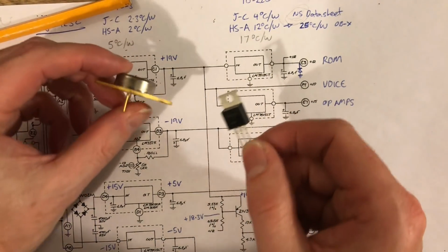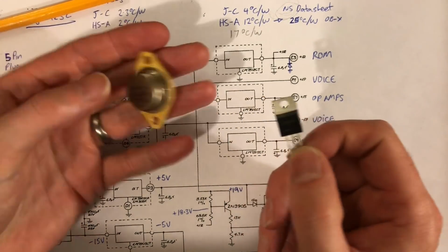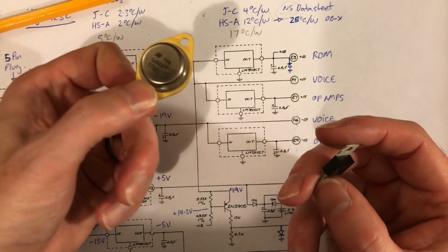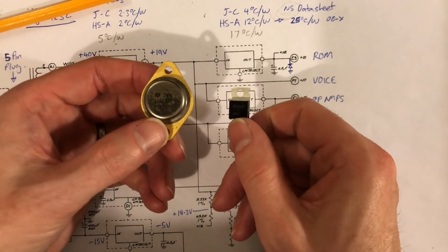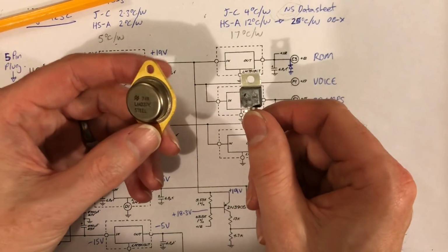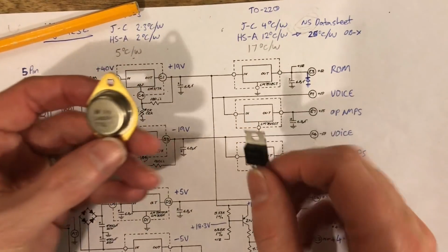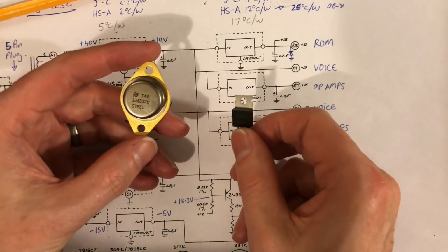Now, the heat sinks that are available to both are fairly similar. And the fact that we don't have heat sinks on the outside of instruments now means that this one has fallen out of favour, and they're very rare and hard to get. But for the most part, you can get a similar total thermal resistance if you use a big enough heatsink for this one. But the main reason is we don't have heatsinks on the outside of stuff much anymore. So there's less need for this one. So, yeah, that's it, really. And also the fact that